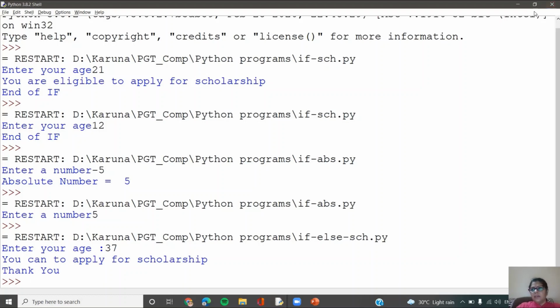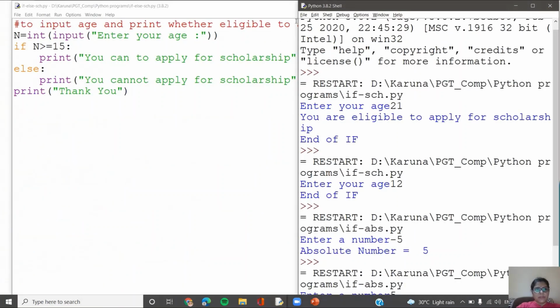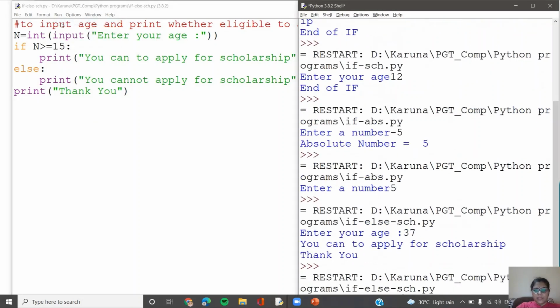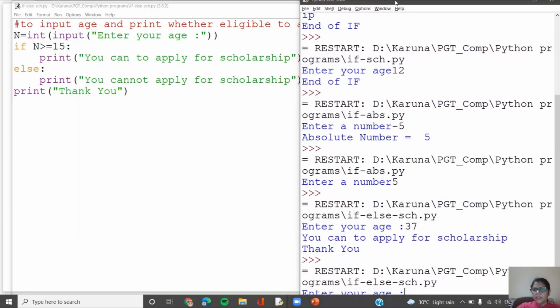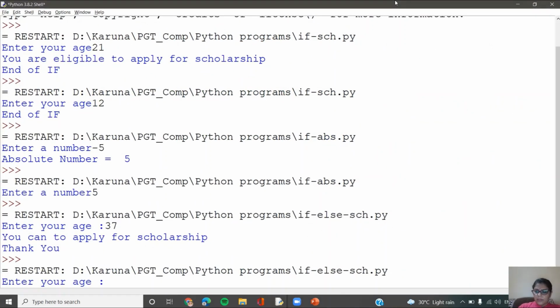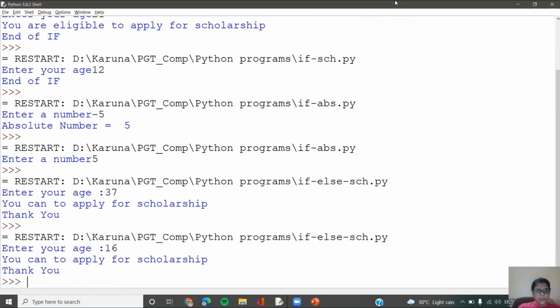Next, I again rerun the program with some other value. Enter your age. Again, the prompt is waiting here. Let us say I put the age as 16 this time. So it says you cannot apply.